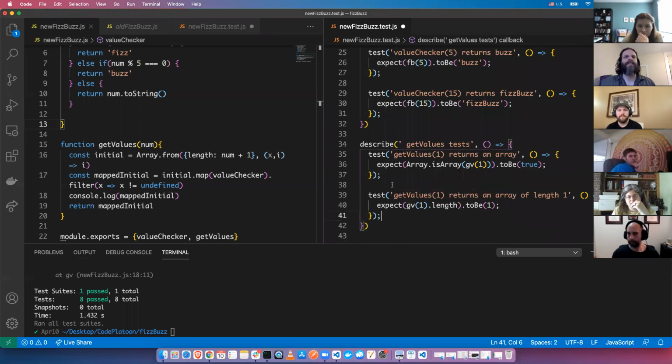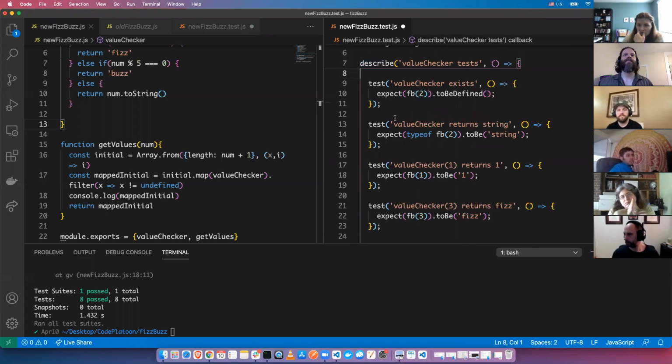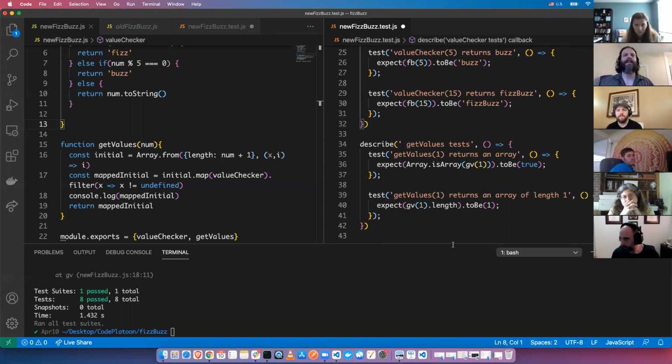All right, so now there's a little bit more structure here. With this describe, you can also do other things. We won't go into it, but you can do things like set up default values and so on in here. But here we just divide this up. So now if we run,